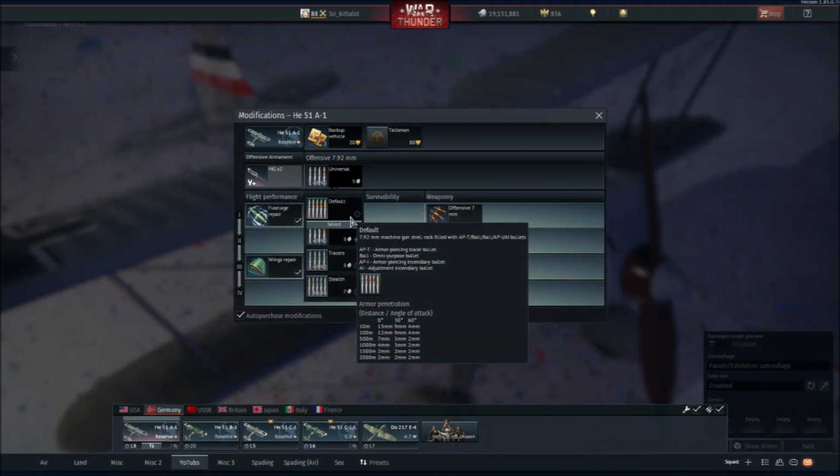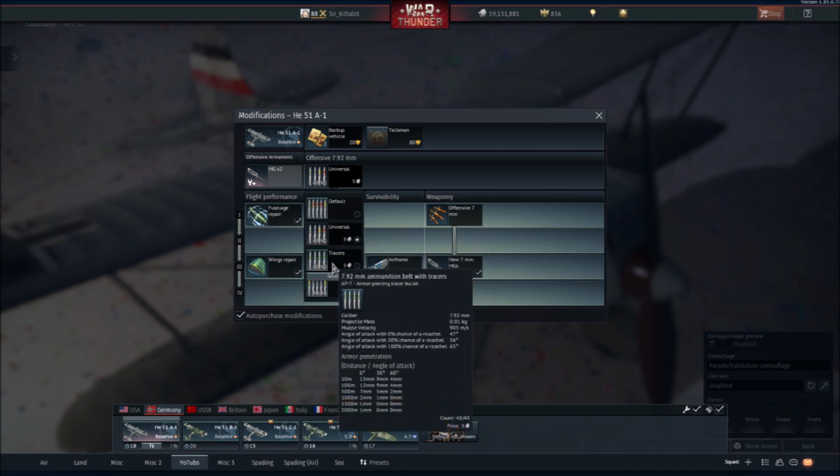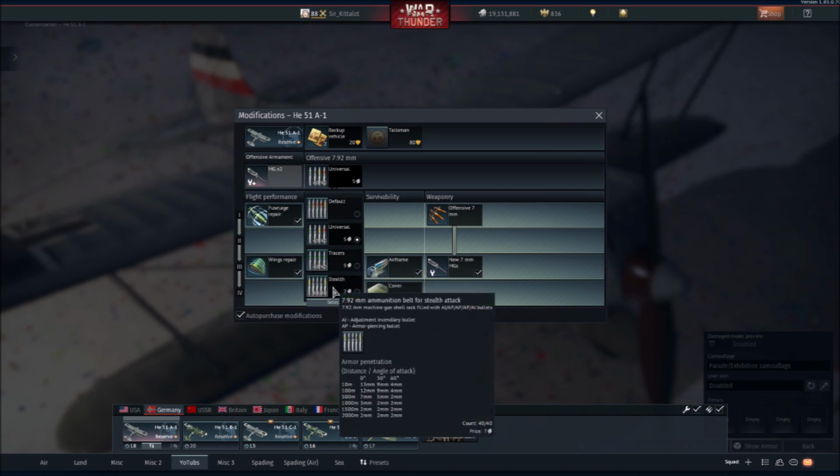Ammunition choices are as follows: default with armor-piercing tracer, ball omnipurpose, armor-piercing incendiary, and adjustment incendiary bullets in an AP-T/B/B/AP-I/AI configuration. Universal belts with armor-piercing tracer, armor-piercing, adjustment incendiary, and armor-piercing incendiary bullets in an AP-T/AP/AI/AP-I configuration. Tracer belts with only armor-piercing tracer bullets, and stealth belts with adjustment incendiary and armor-piercing bullets in an